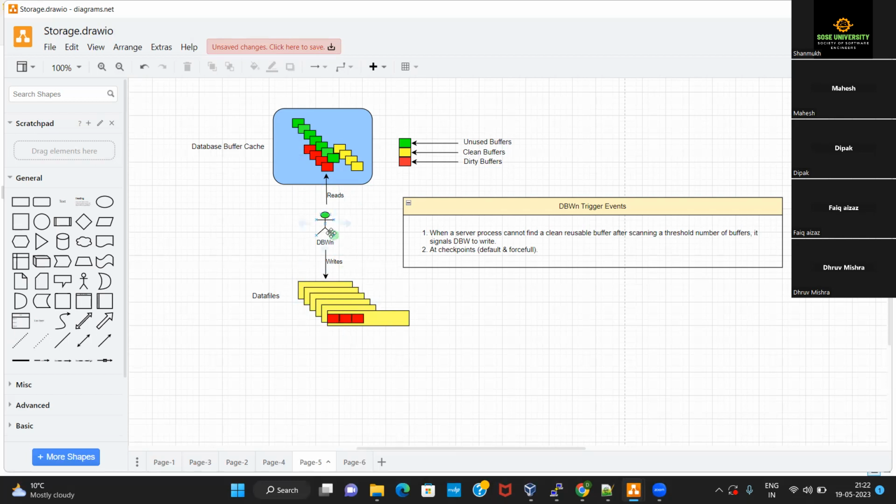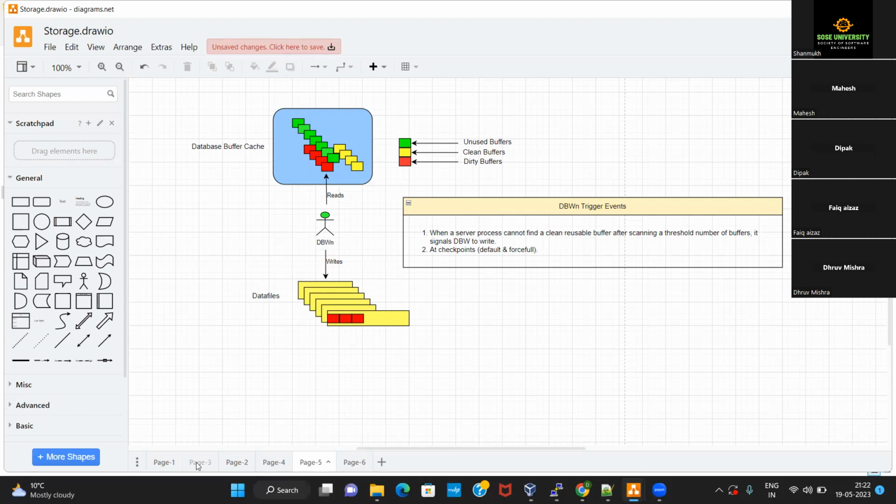So the DBWR process, that is the database writer, will periodically get activated and it will read the dirty buffers from the database buffer cache and write them onto the data files. Now, these data files are the permanent storage for all the data in the database, right?